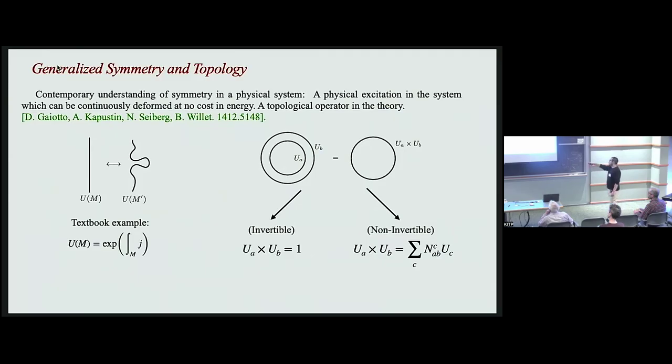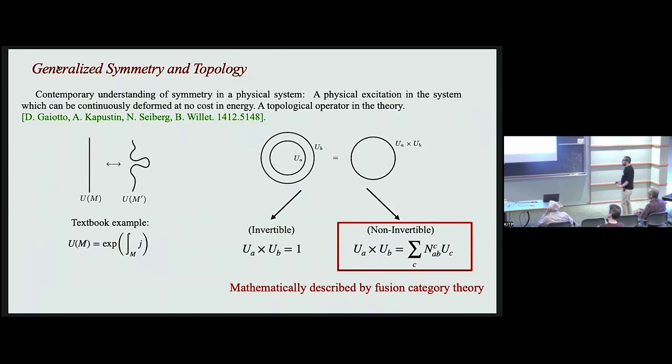So we're going to take this property as a symmetry in general, and it can be that a given such defect has an inverse that gives you 1. But more generally, it can be some general linear combination with some integers. So there are other ways that invertibility can be broken, but for the purposes of this talk, everything will just be this linear combination of defects.